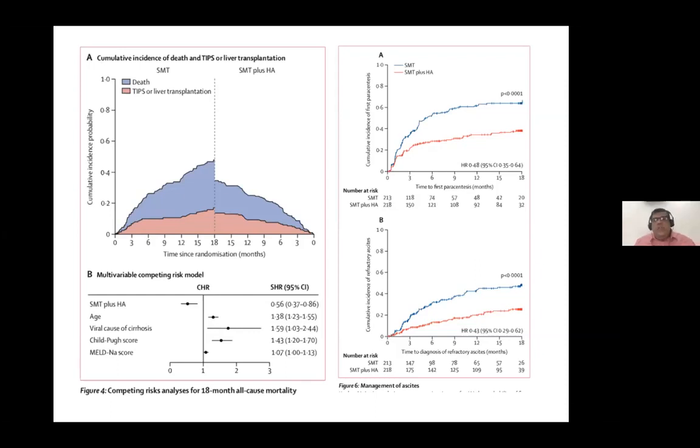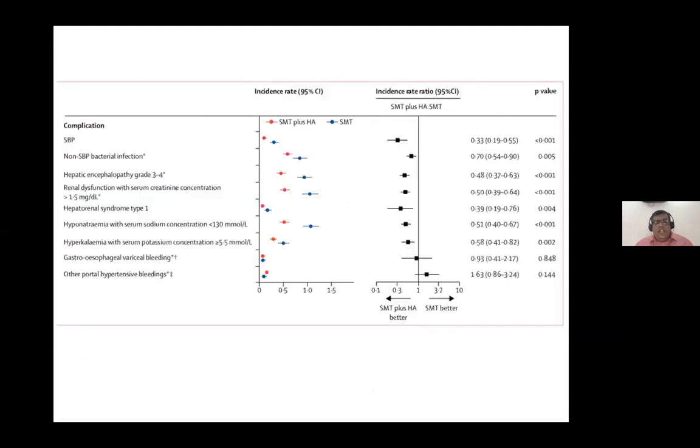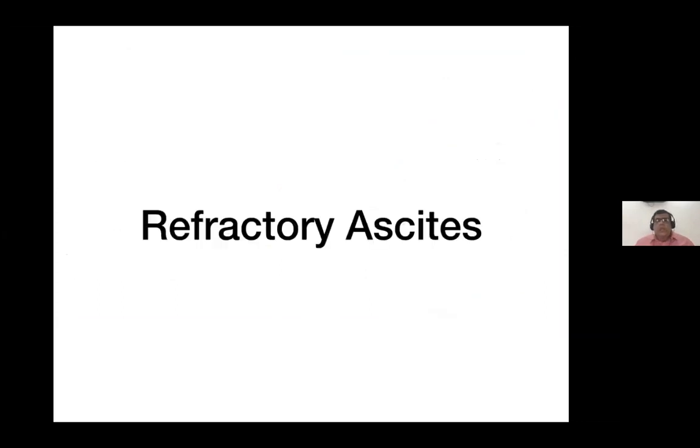When they looked at the complications, the risk of SBP, the non-SBP bacterial infection was lower. The risk of development of hepatic encephalopathy, renal dysfunction, hyponatremia, HRS, hyperkalemia were all lower when patients were treated with albumin therapy. Of course, the portal hypertension related complications were similar in the two groups, and that is what you can expect. So coming to the next part of the talk,